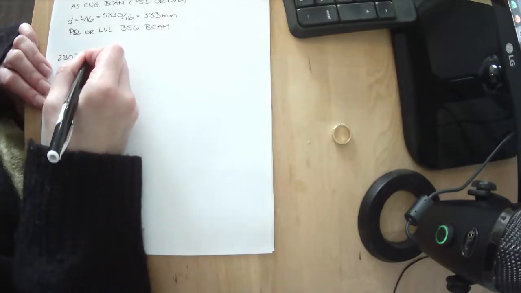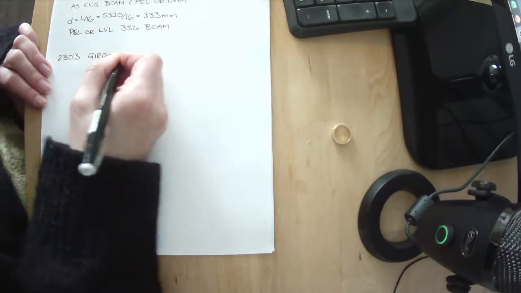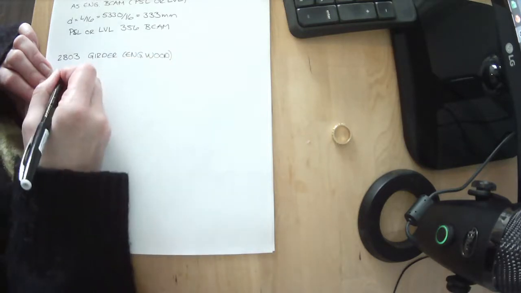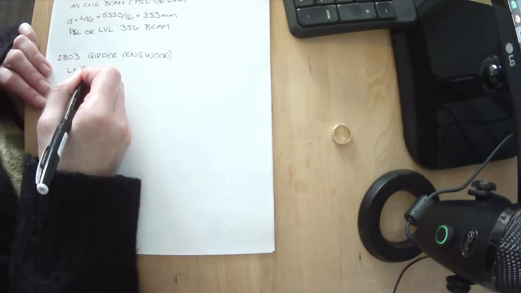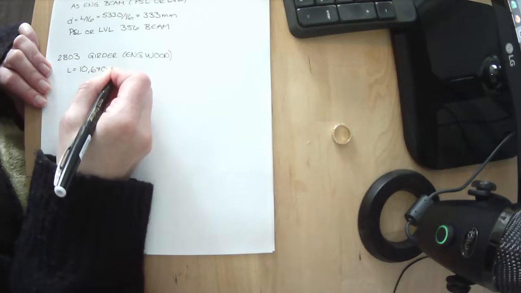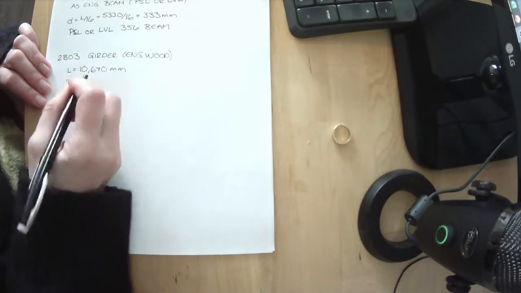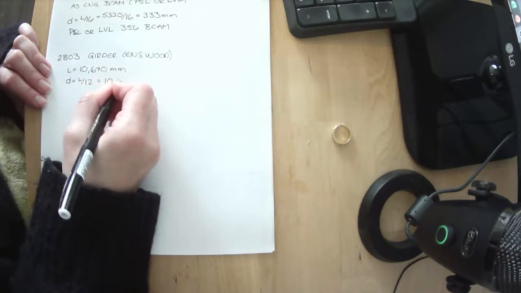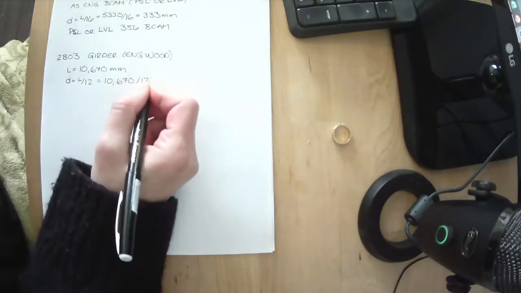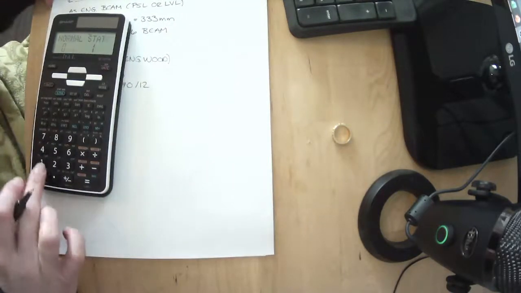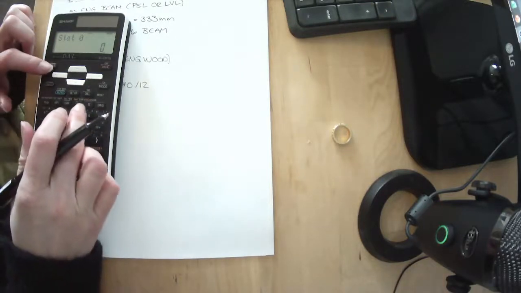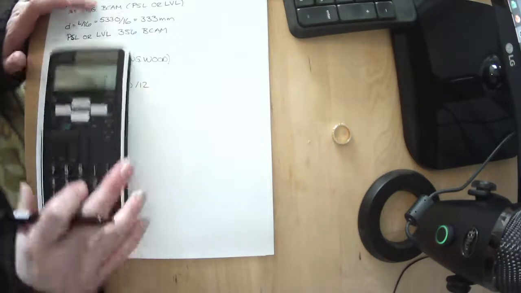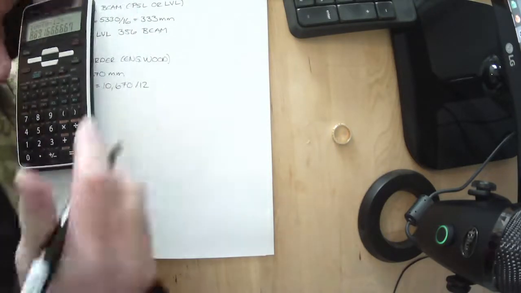Okay, so girder, an engineered wood product. Our span is 10,670 millimeters. Our sizing guideline for an engineered wood product girder is L divided by 12. We can plug this into our calculator. Divided by 12, we get